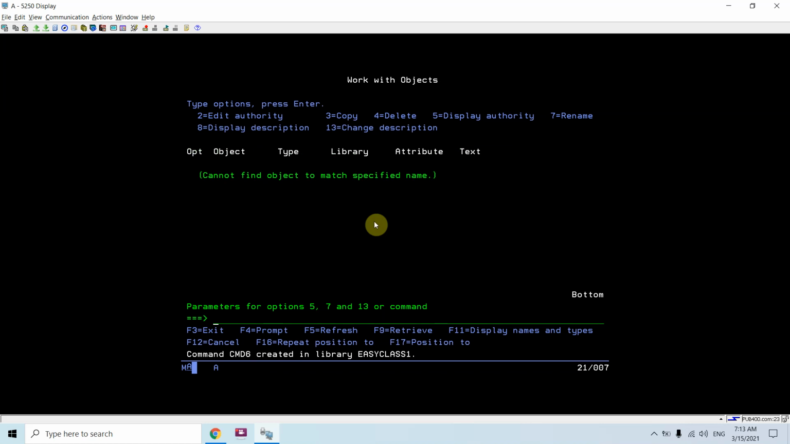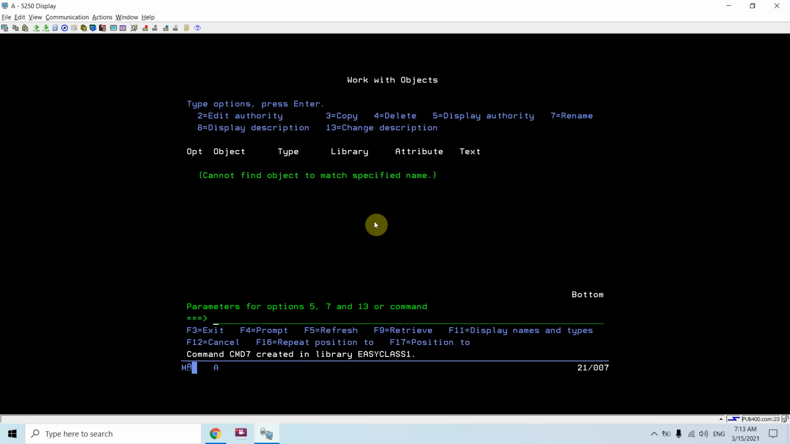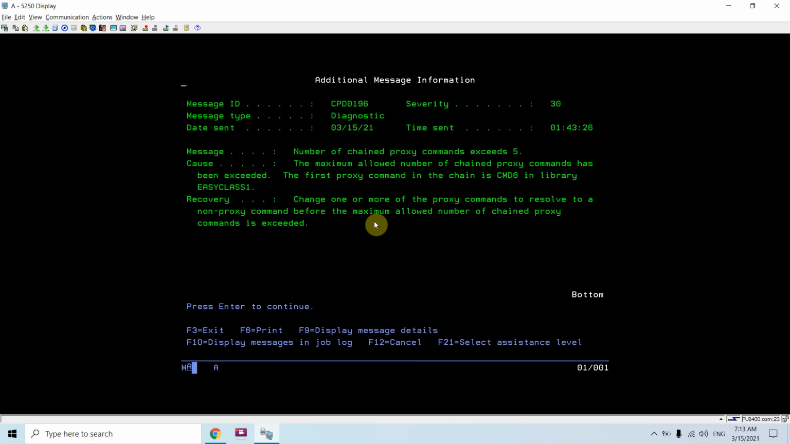So now cmd6 also got created. So for example, I would be creating cmd7 as well. It also got created. But now in this case, if I would be calling cmd6 and taking F4, you can see the error, number of chained proxy commands exceeds 5. Take F1 here. The maximum allowed number of chained proxy commands has been exceeded. So the maximum allowed is 5. So if you are exceeding that, you won't be able to execute that proxy command